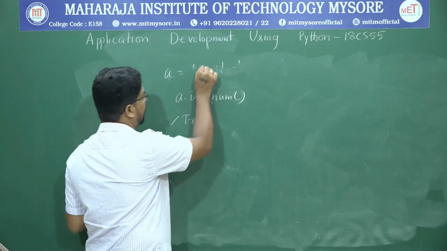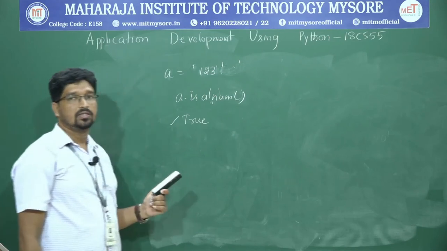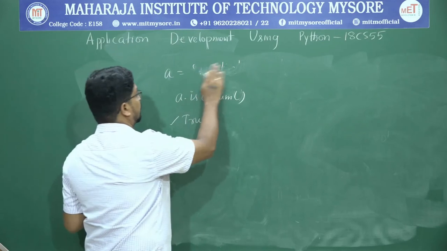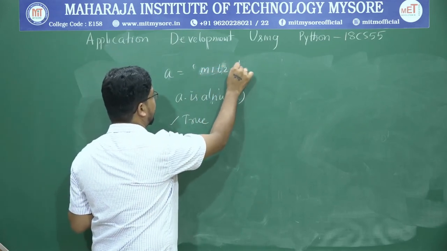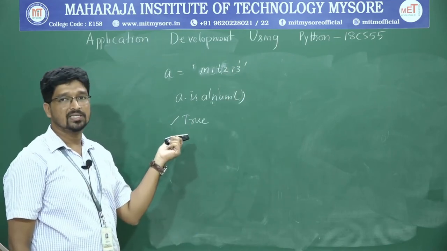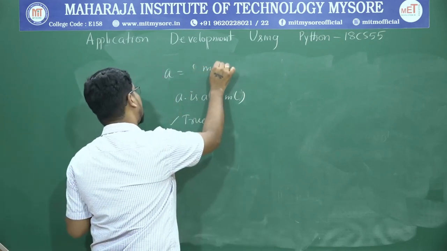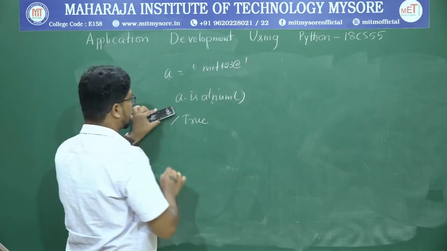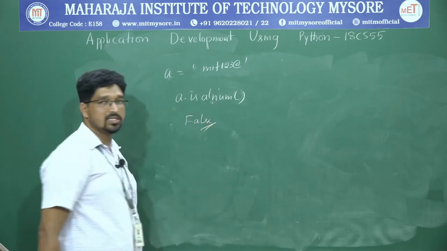So again, if you check whether 123 is alpha numeric, still you will get true as a result. So 123 is also alpha numeric. Or you can say it is mixed, M1 T2 I3. Still you will get true as a result. But if you have any special character, let us say MIT123@, then you will get false as a result because @ is not an alphabet or numeric character, so you will get a false result.